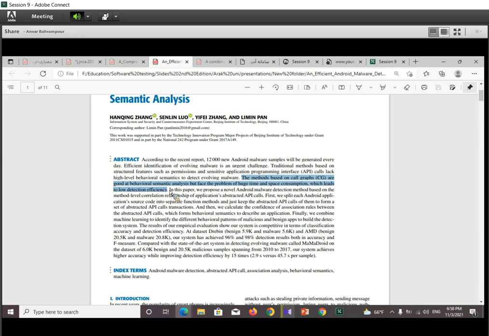In the later sentences of this abstract, I expect it to tell me how to treat this challenge, how to fix this problem of using behavioral semantics or call graphs for detection of malwares.